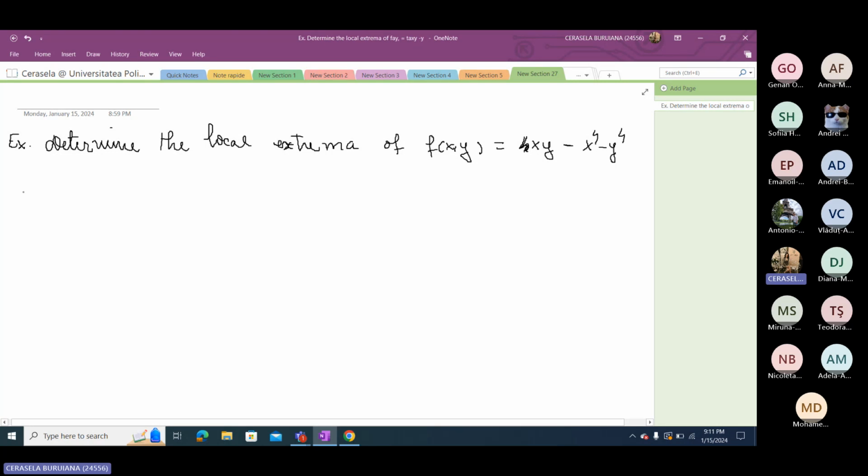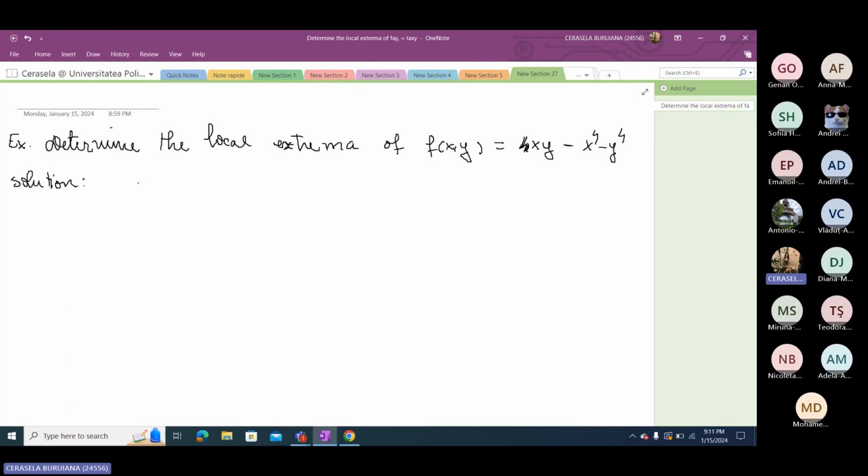Okay, let's start. We'll do it as we learned at the course and at the seminar. First of all, the stationary points, then the Hessian, and so you already know the algorithm, but we'll do it